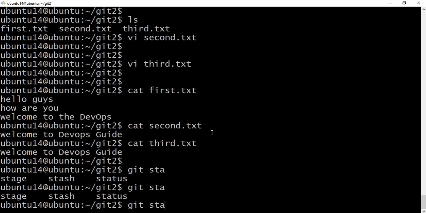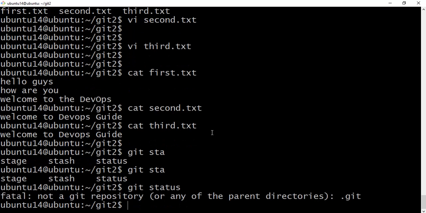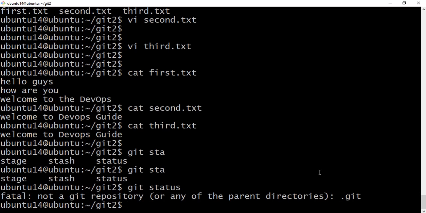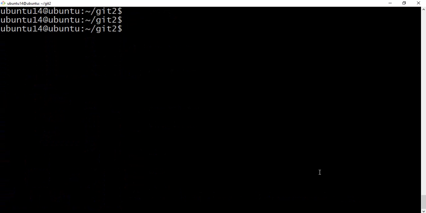Git status is not working. Why? Not a git repository or any of the parent directories: .git. In the earlier folder we ran one command, git init, right?